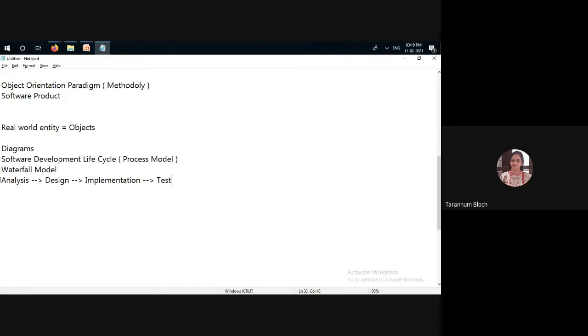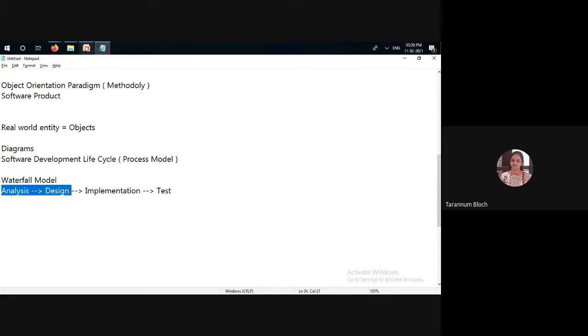So there are 4 basic phases: analysis and design, which come before code. Then implementation, which means doing the coding, and once the coding is done, we do testing of the software. So for the first 2 phases, when you are going to implement the third phase in object oriented programming, obviously you need to take the object oriented approach in the thinking also, in analyzing your system, or designing the blueprints or diagrams for your system.